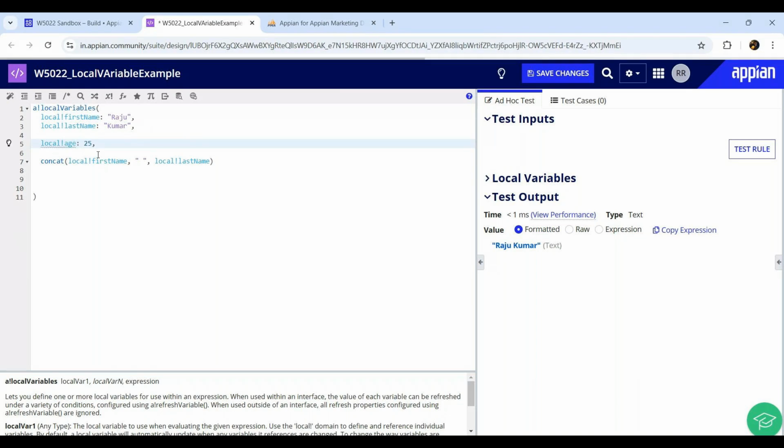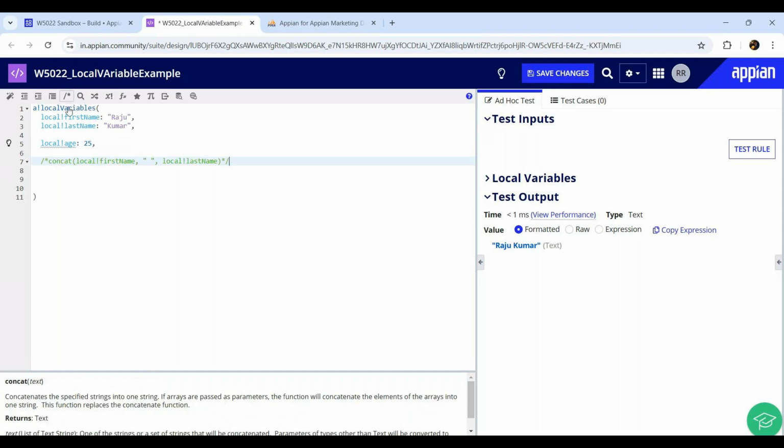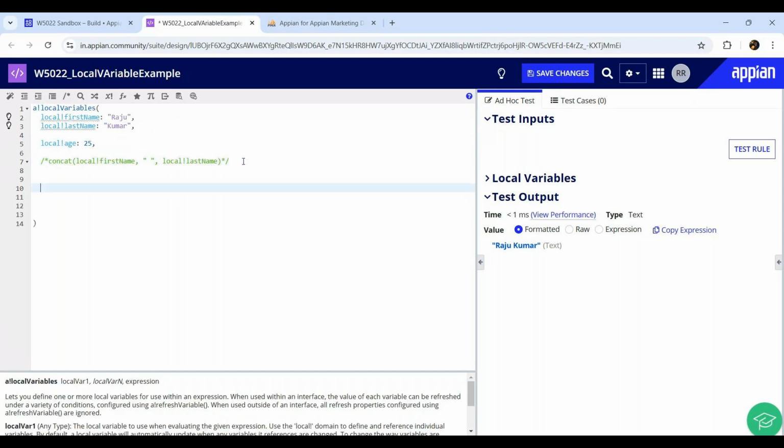Now if I say local bank age, right? If I return the local bank age, what do I get? 25. And it will tell you that it's a number integer. So Appian understands itself what kind of value it has within it. Now if I want to concat this thing as well,